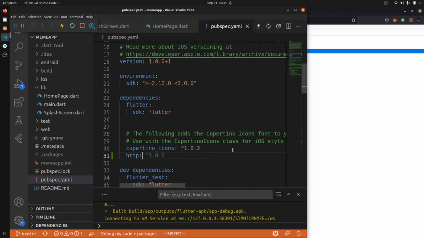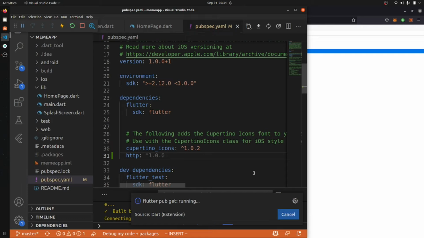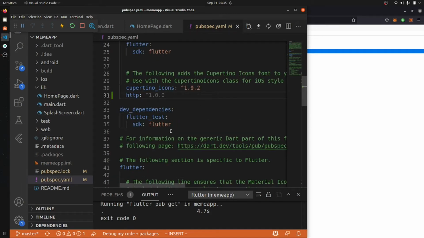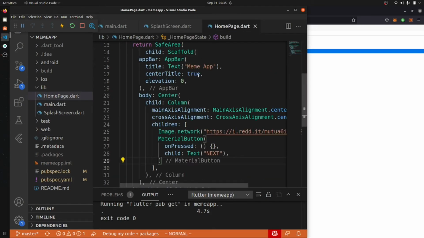This will get the package. I'm not specifying any version, so it will always fetch the latest version. Exit code 0 means we don't have any error.